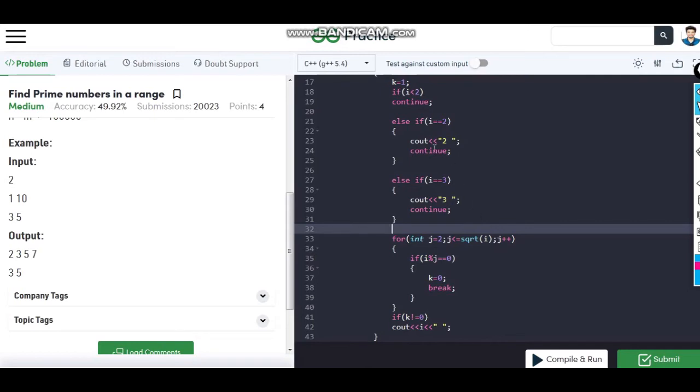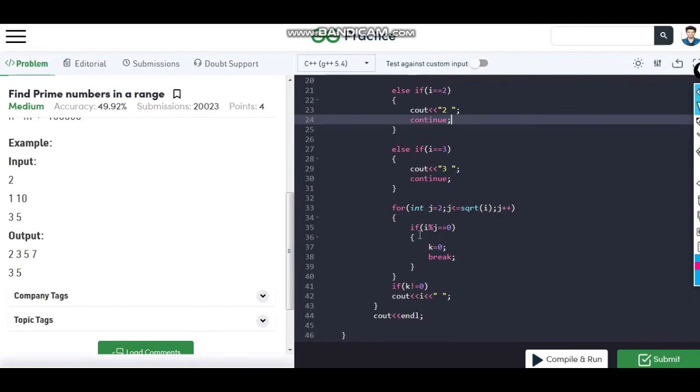So we have printed 2 and 3, and now we go from 2 to square root of i. Now i will be 4 and the square root of it will be 2. So at least one time we can use this for loop. That's why we have used this method.